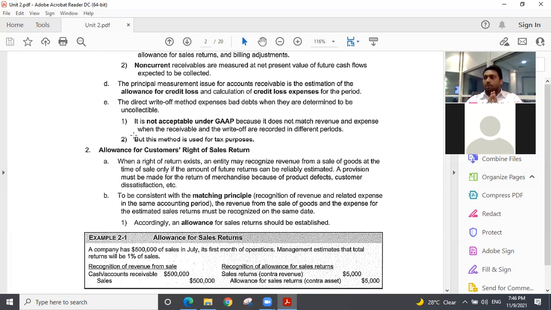According to GAAP, when do you face a bad debt? First, you sell something to some customer. You keep it as an account receivable in your books of account. Later on, 6 months, 7 months, even 1 year, 1.5 years, you try to collect the money back. Eventually you will know that the person flew away or became bankrupt. So now you have to record your bad debt. So you're in the second year.